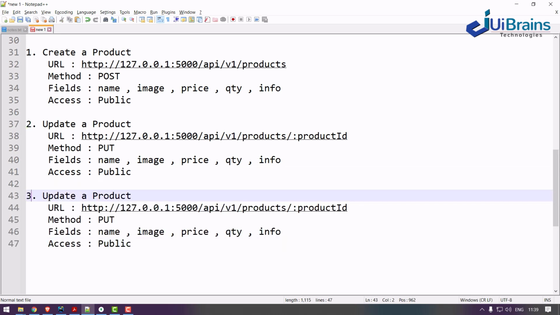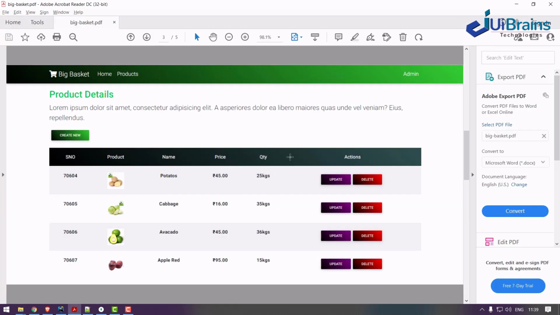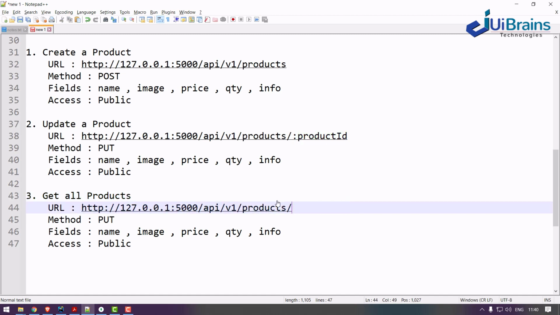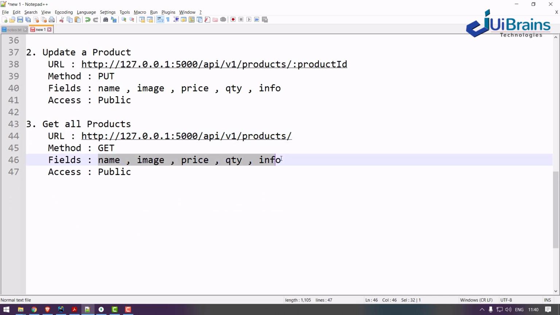Okay, and the next part, the third one. You want to access, right? I want to access all the products and display them in a table format. So you want to get all the products. You just say only up to here, and the request will be a GET request, and you don't need to provide any fields.